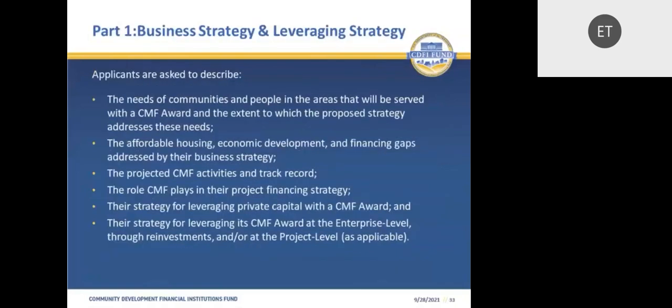Okay, let's talk about business and leveraging strategy. It's the first of the 3 sections in the application. And in this section, applicants are asked to describe the needs of communities and people that will be served with the CMF award, as well as the extent to which the proposed strategy addresses those needs. You're also asked to describe affordable housing, economic development, and financing gaps that are addressed by the business strategy,